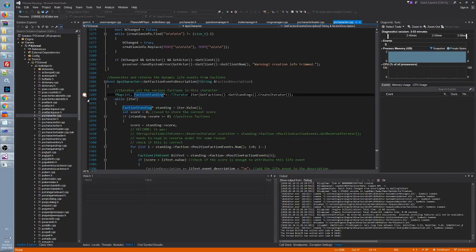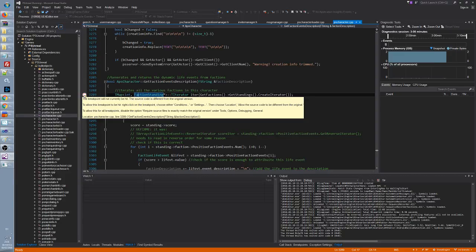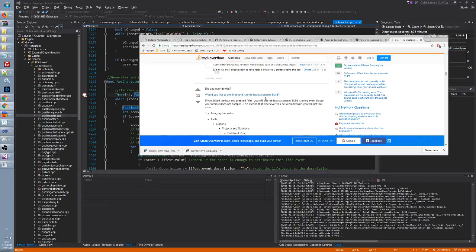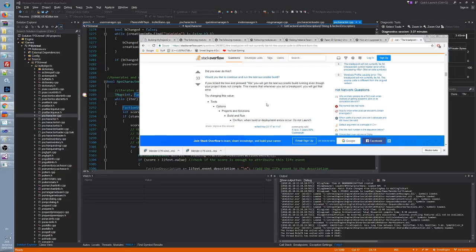I'm getting this message when I'm trying to debug the code, that the breakpoint will not be hit because the source code is different from the original version. So like if the source code has not yet been recompiled in the process that is running now, but I stopped the process, I recompiled and launched it again with F5. So how can it be different? I don't understand. I'm missing something big, I'm sure, but